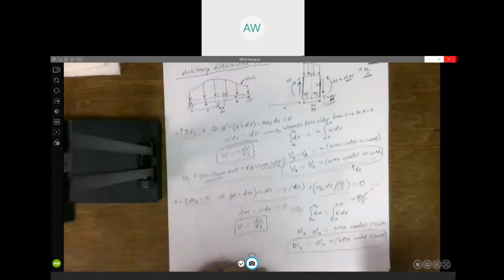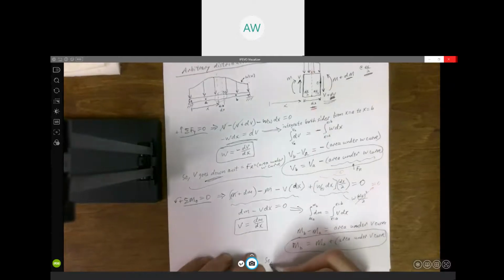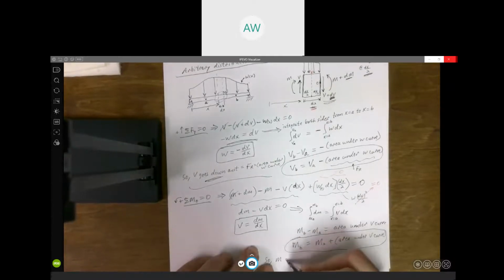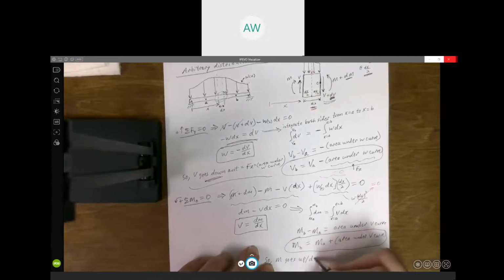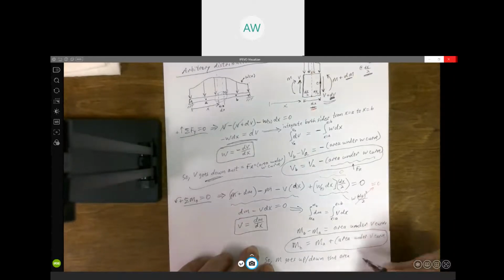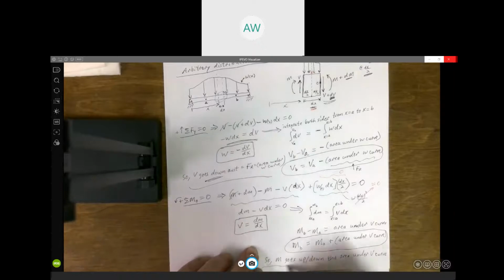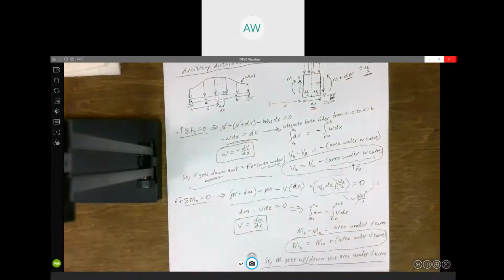So basically the result of this is we know our moment is going to go either up or down, whatever the area under our shear curve is. And so this is how we're going to use the shear diagram to draw the moment